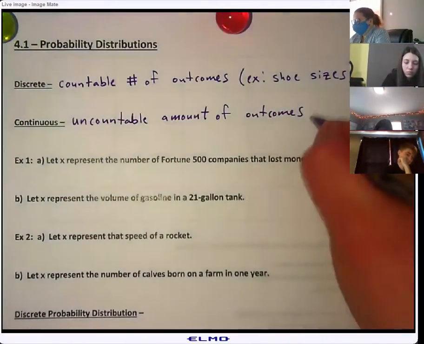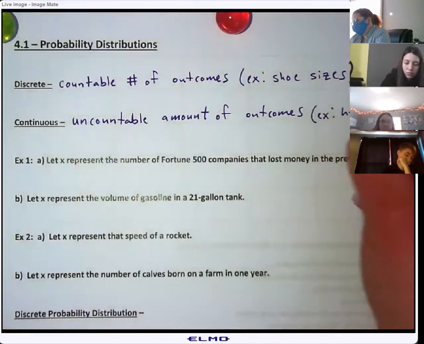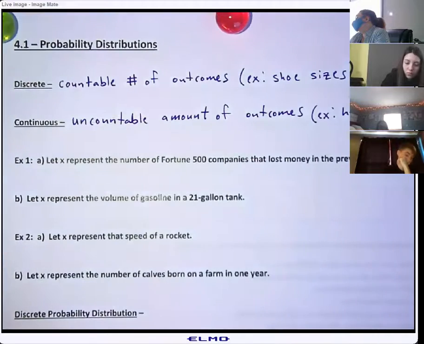For example, if I said, how tall are you? How'd Emily do? Okay, so David? How'd Emily do? She got like all of them right, something like that. Well, that's good. Well, you guys can talk about it.